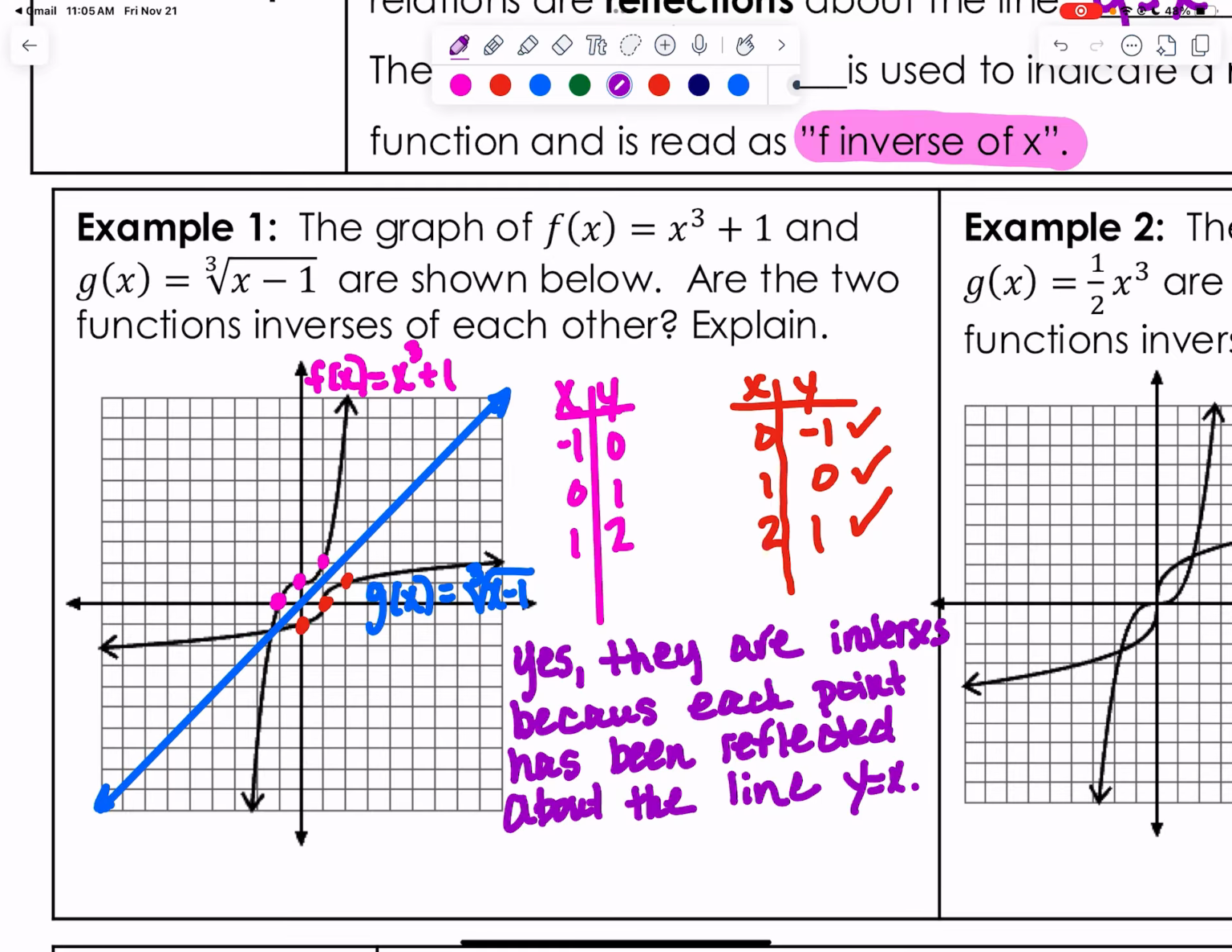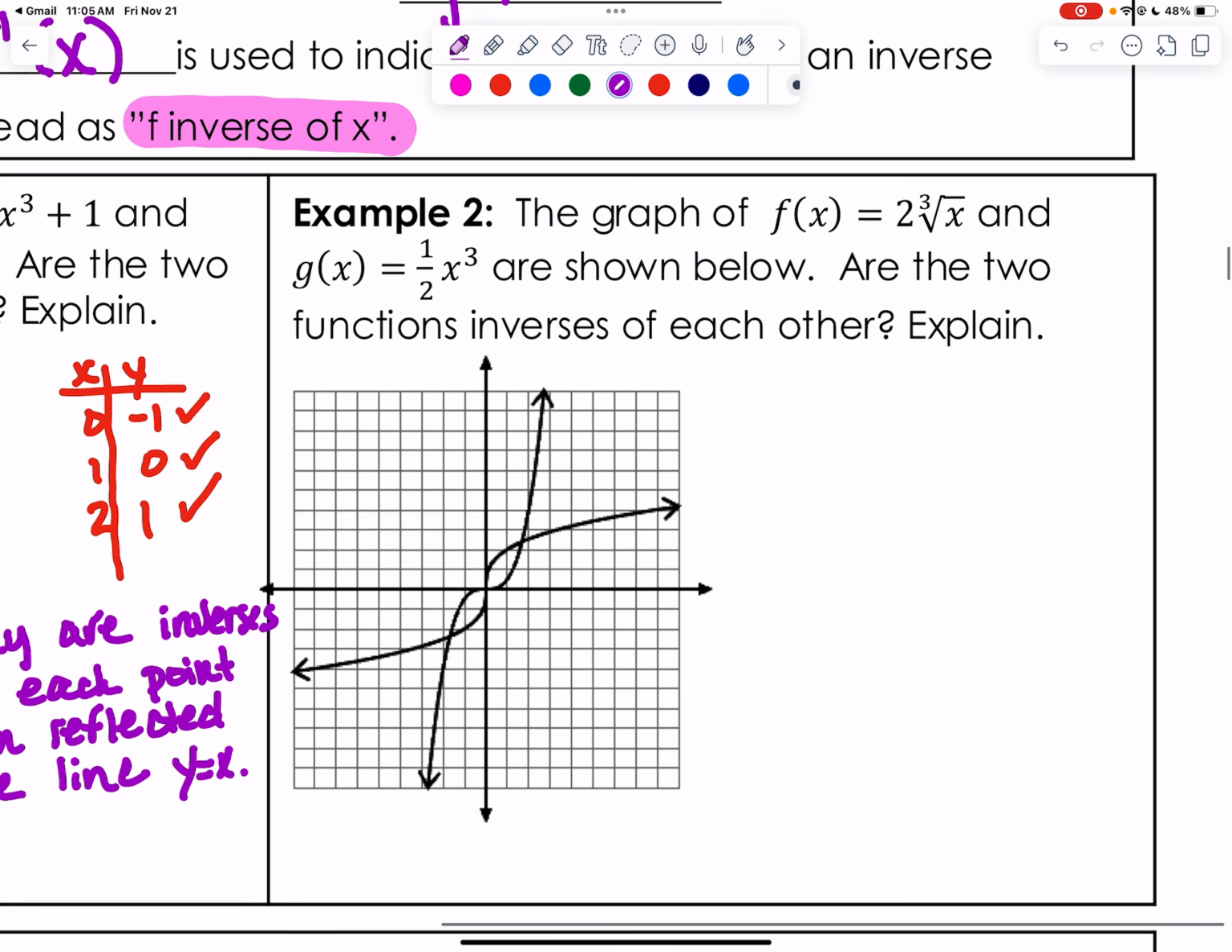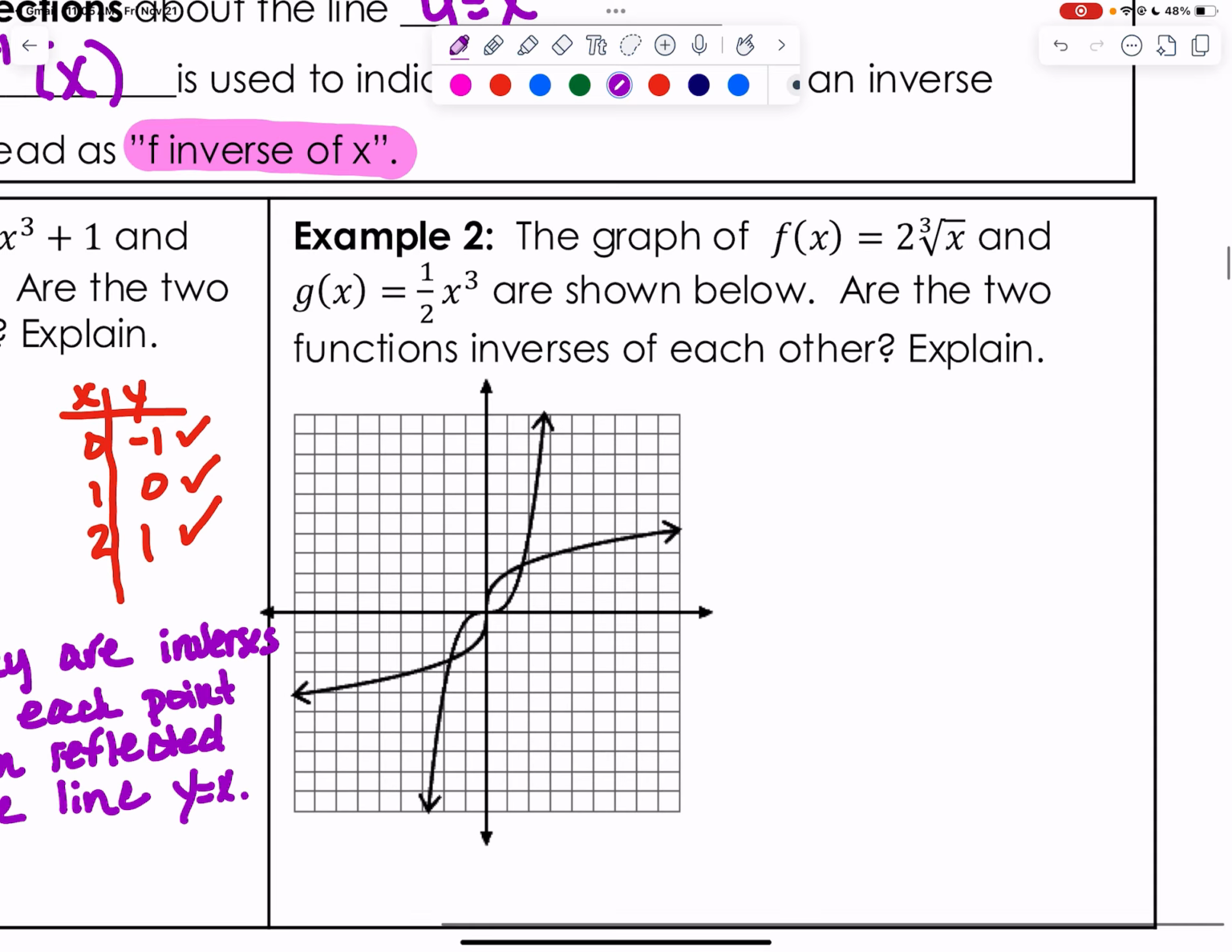All right, let's try another one. Example 2. The graph of f of x equals 2 times the cube root of x, and g of x equals 1/2 x cubed are shown below. Are the two functions inverses of each other? All right, so let me label these. Here, this graph is f of x equals 2 cube root of x. And this graph is g of x equals 1/2